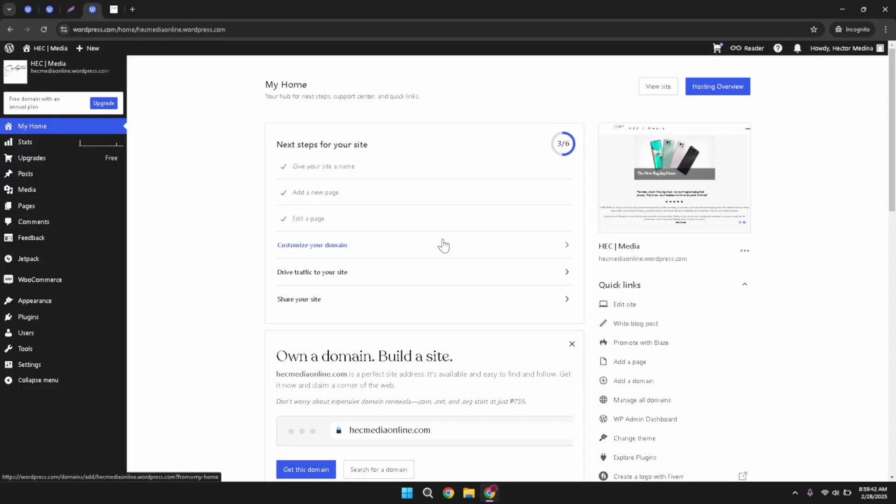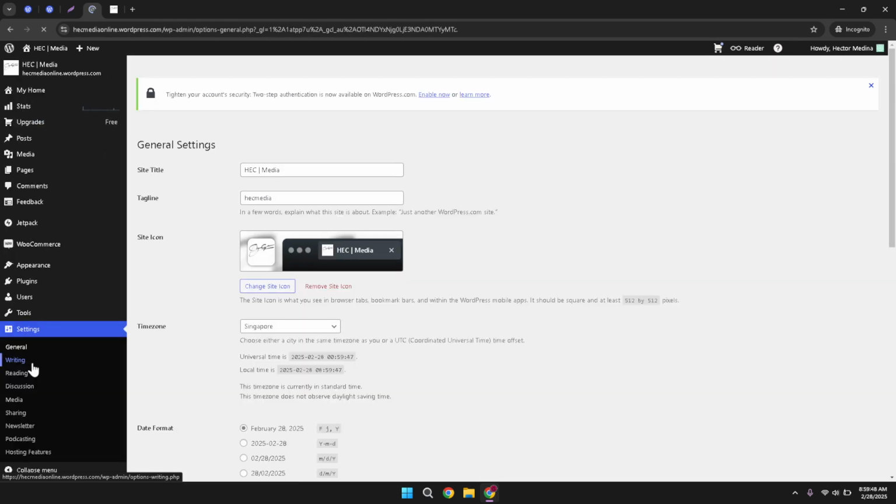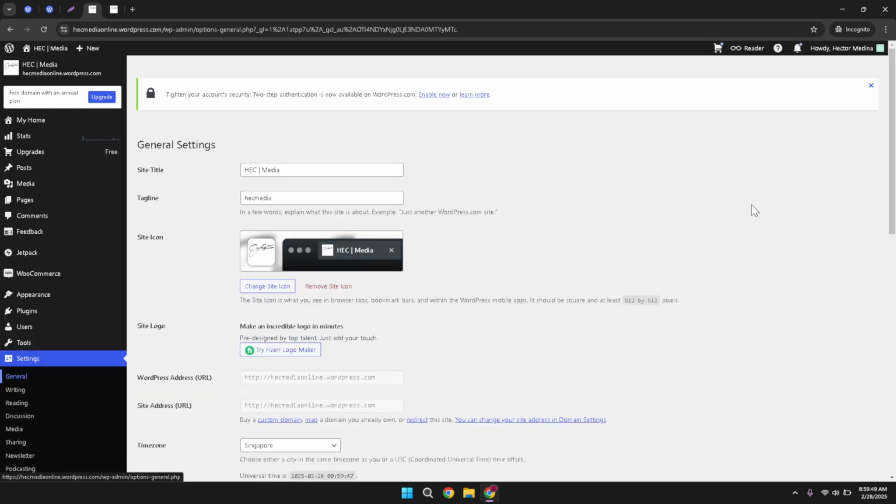Welcome back. Now that we're within the dashboard, we'll navigate to the settings. This part involves going to a specific section where we can activate the Coming Soon feature. You'll want to locate the settings link, which will be towards the left hand side of your screen. Click on settings to proceed.